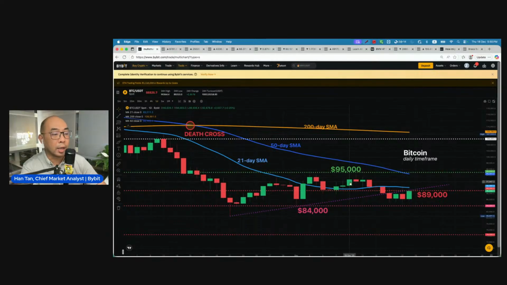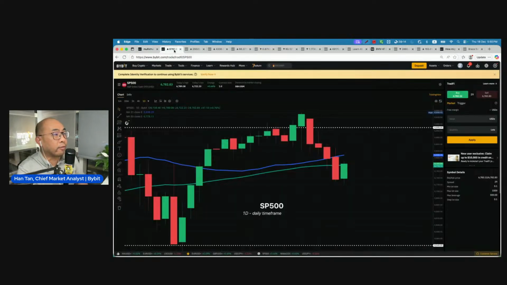It got close in early December, but around 95,000, you got the 50-day simple moving average, and then you got another big round number there as well. Okay, but for now, for the very short term, Bitcoin clearly liking the lower than expected inflation. S&P 500 also trying to break above its 50-day simple moving average,